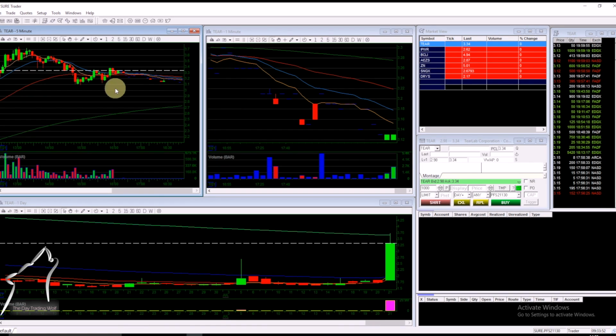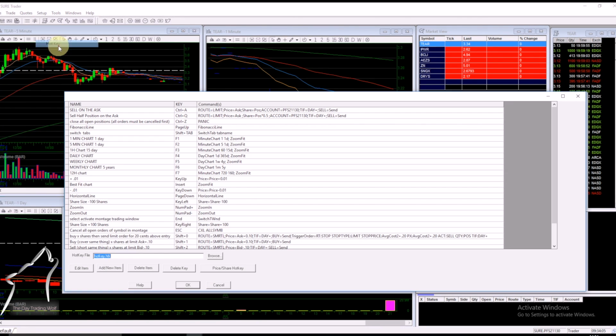This is the DAS platform Short Trader, and this is the broker I'm using just to grow a small account challenge, as many of you guys know. So I'm going to show you exactly my setup. Let's get straight into it. So I go on the settings, setup, the hotkey configuration,